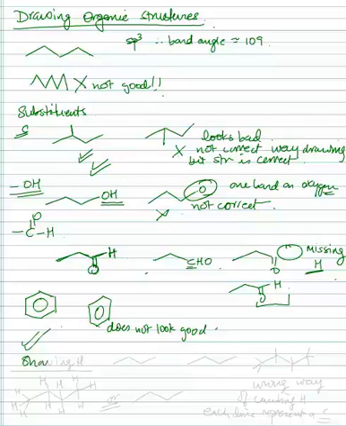Okay, so now showing hydrogens. One of the purposes of drawing a line structure like this is so that you don't have to show the hydrogens. But in the beginning, what happens is that you want to count your hydrogens. So here is how you can count your hydrogens. All right, 1, 2, 3, 4, 5, 6, 7, 8, 9, 10. That's the best way to count the hydrogens. If you count your hydrogens like this,